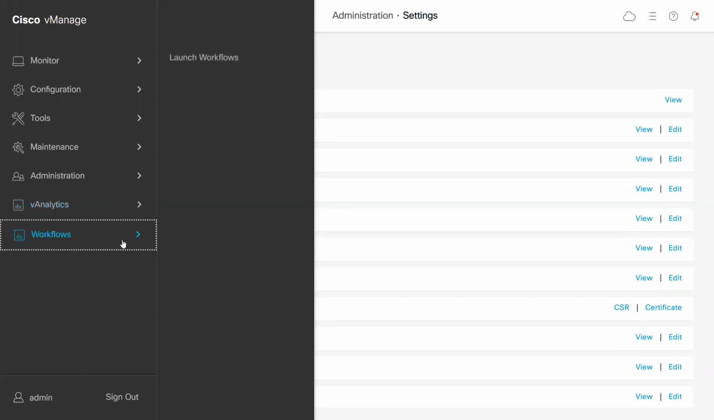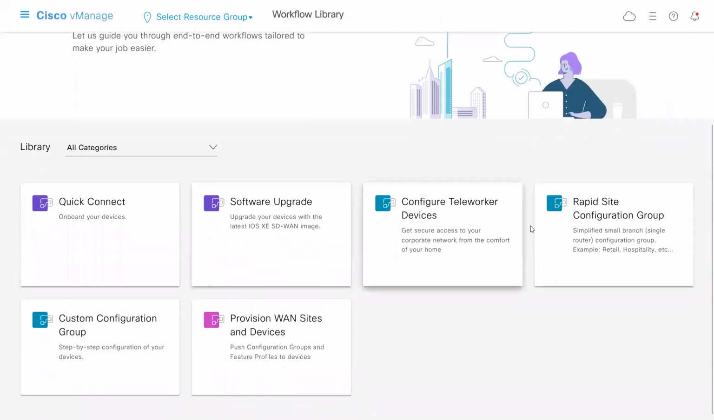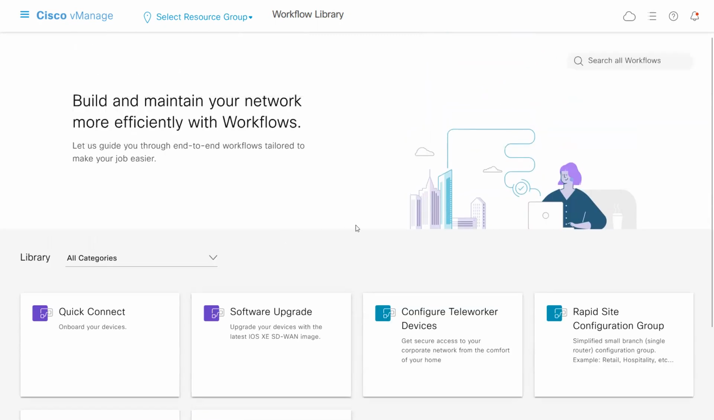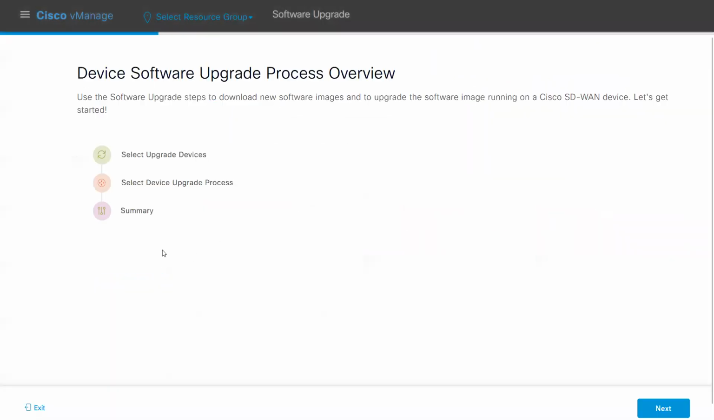Then again, they have created this workflow. I think I have seen this workflow in DNA as well, but later on Cisco will add more and more things related to workflow. Quick connect, software upgrade, configure teleworker devices, rapid site configuration, custom configuration group, and some sort of help you will get if you go. It will tell you to select the upgrade device, select this, go next,